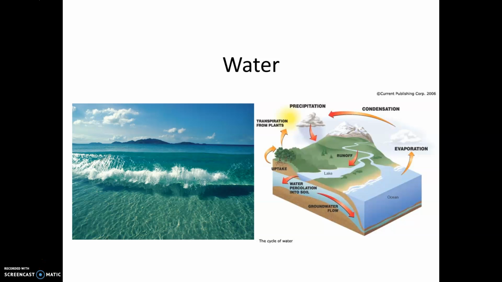Hi everyone, so we're going to start our next unit talking about water in a more specific general sense here. As you know, we're going to talk just a little bit about the water cycle. As we look at our water cycle, we know that we have terms like evaporation, where water is going to go from the oceans or lakes into the atmosphere. We have condensation, where that water vapor that was evaporated is going to condense into these clouds. Precipitation, which is that water in some form, either frozen or liquid, coming back down to the earth.